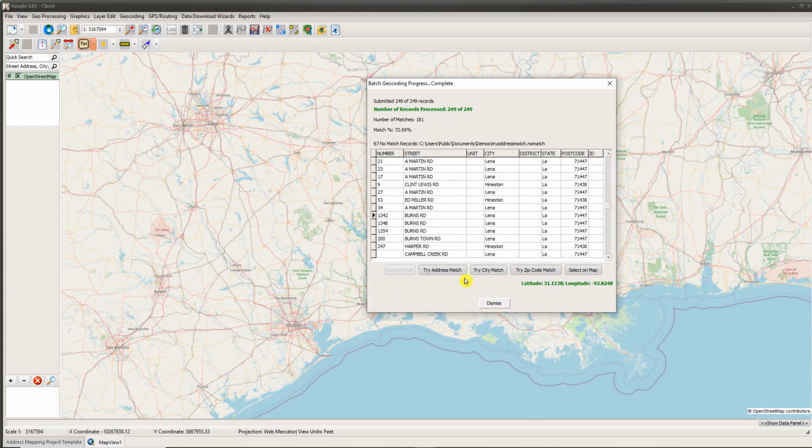Now, as I dismiss this dialog box, and let's say I'm done with this for now, I can always come back to this if I wanted to revisit this list later. If I didn't work through them all here, I can always come back and revisit this. For the purposes of today's demonstration, I'm going to go ahead and dismiss this for now. And as I do,